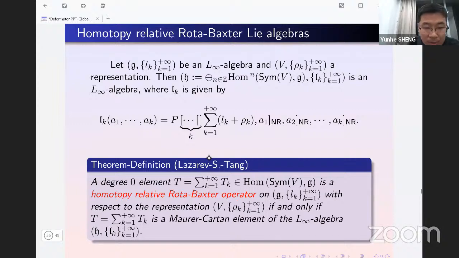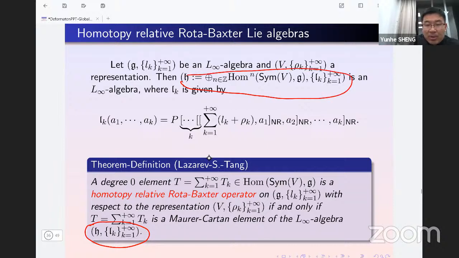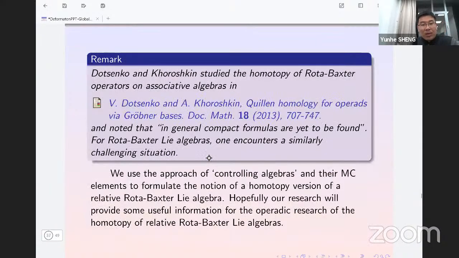Consequently, we can give the following definition. A degree 0 element T is a homotopy relative Rota-Baxter operator on the L-infinity algebra G with respect to the representation (V, rho_k) if and only if T is a Maurer-Cartan element of this L-infinity algebra. So this means that this L-infinity algebra is the controlling algebra of homotopy relative Rota-Baxter operators. So this is the definition. And here I would like to